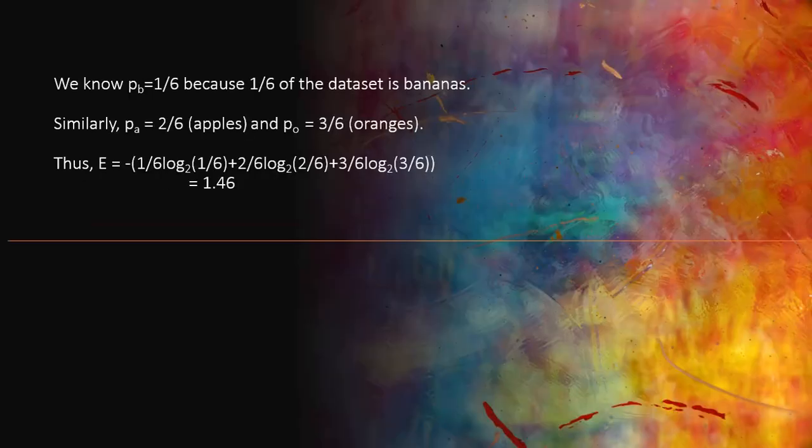Let's apply our formula then to these 6 pieces of fruit. We know that the probability of bananas is 1/6 because 1/6 of the data set is bananas. Similarly, the probability of apples is 2/6, and the probability of oranges is 3/6. So when we apply the entropy formula, we have it right here. E equals minus 1/6 log 2 of 1/6, plus 2/6 log 2 of 2/6, plus 3/6 log 2 of 3/6. If you calculate that out, the answer is